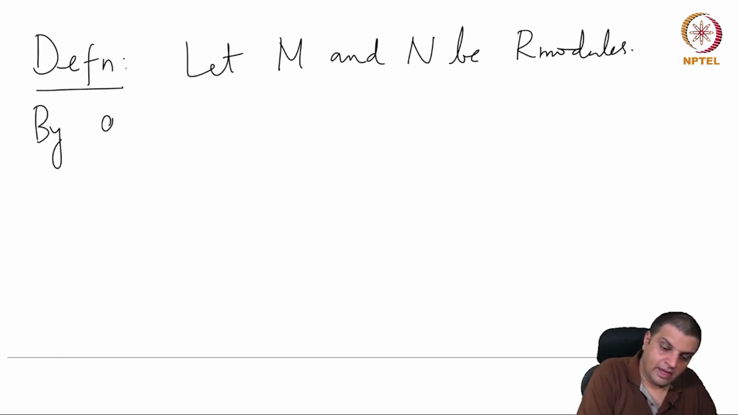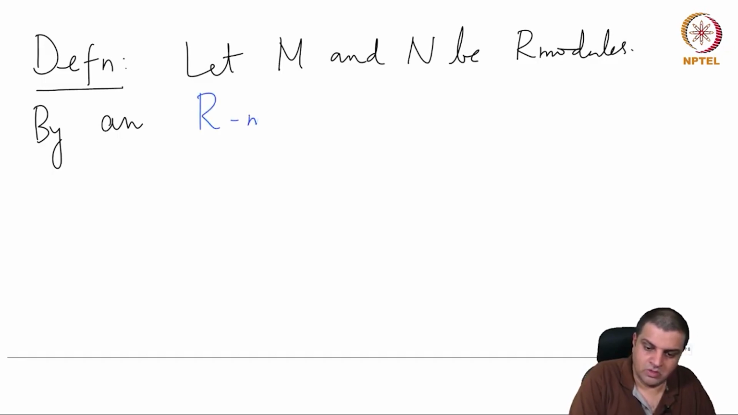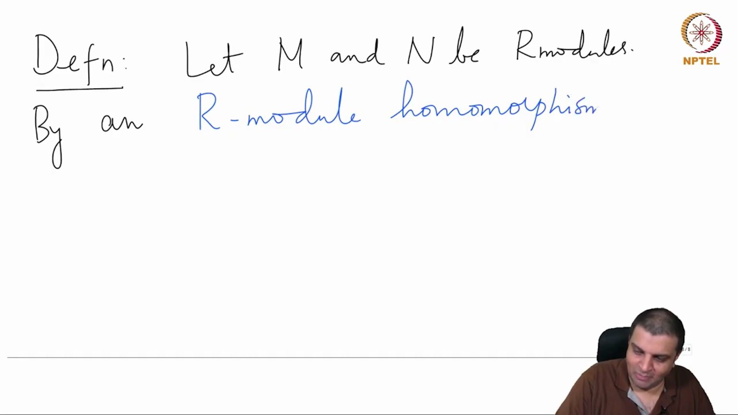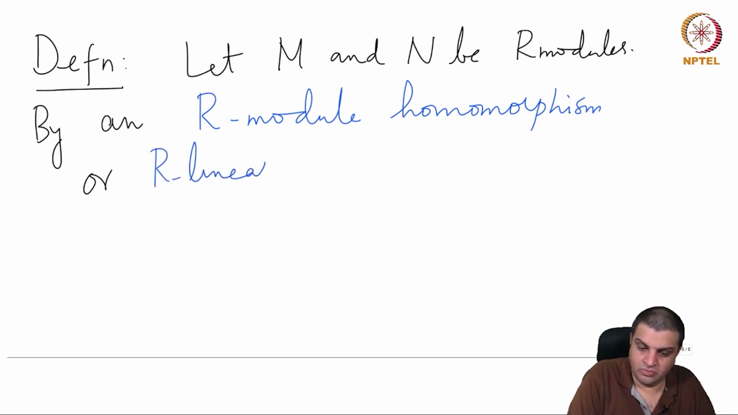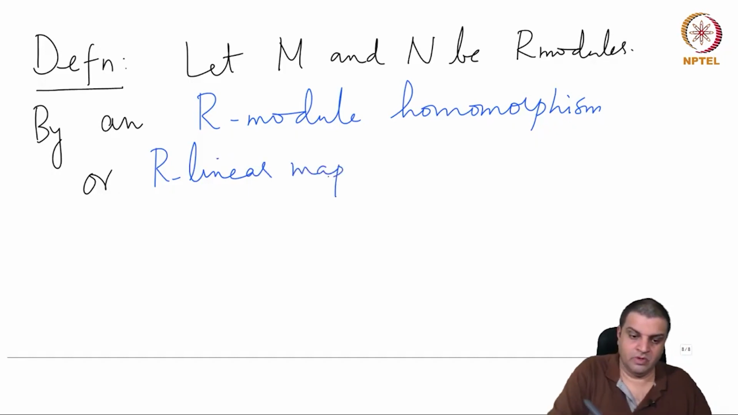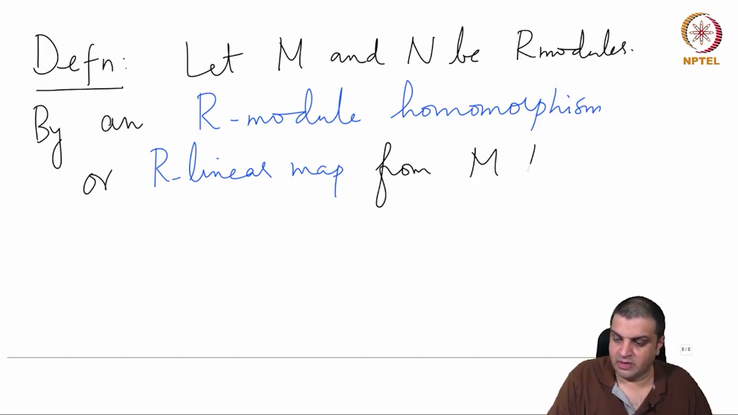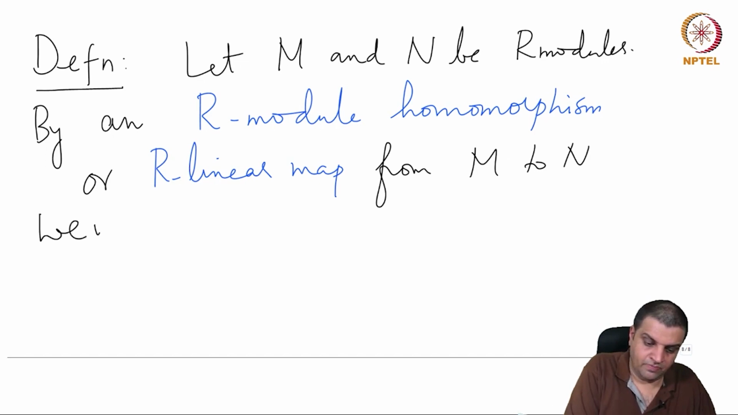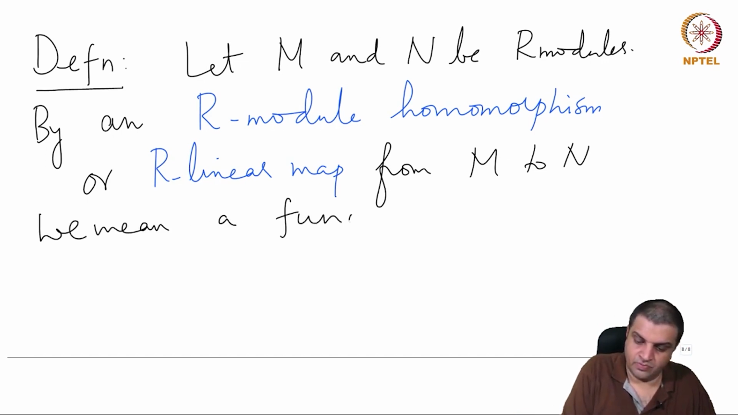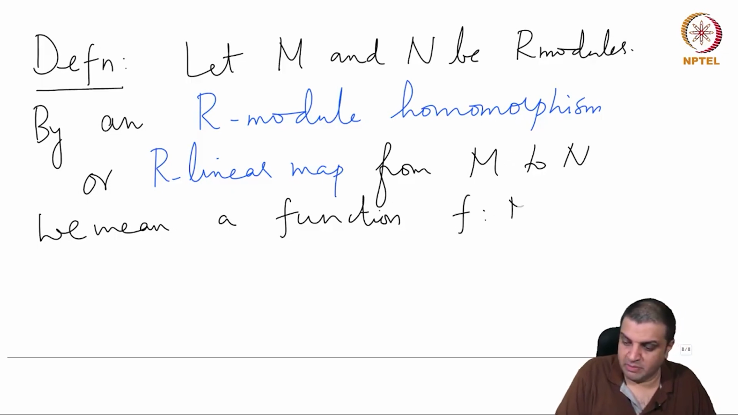By an R module homomorphism, or a homomorphism of R modules, or just plainly an R linear map, from M to N, we mean a function f from M to N,